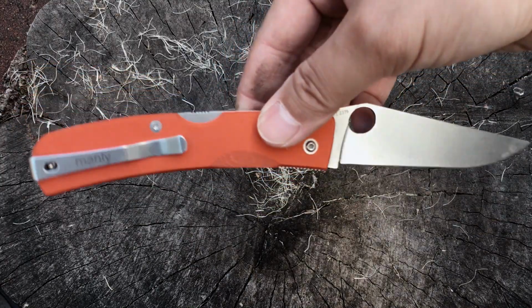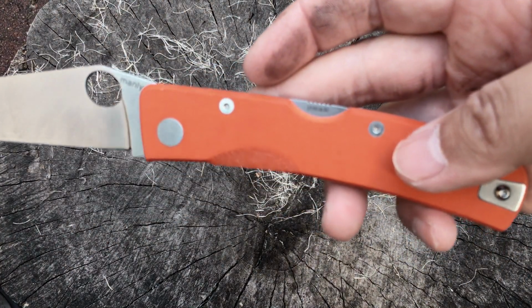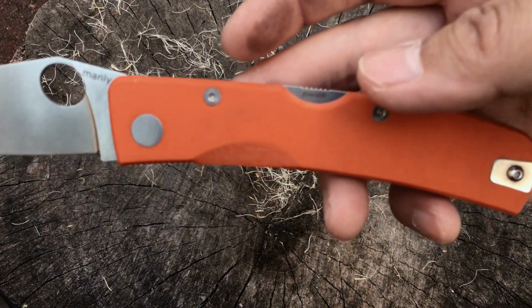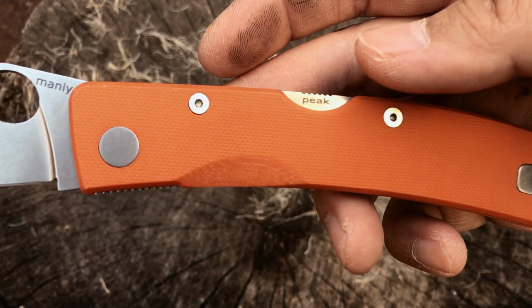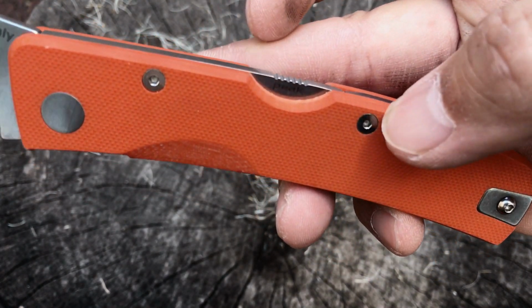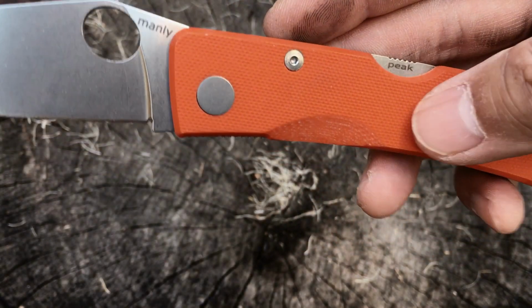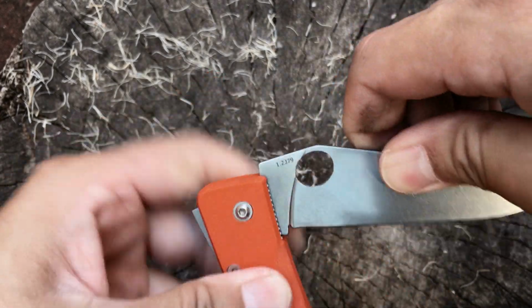Four ounces. And the handle material is G10. And this is CNC milled G10. Really excellent work. It's chamfered a little bit here on the corners for comfort. So the steel is D2,